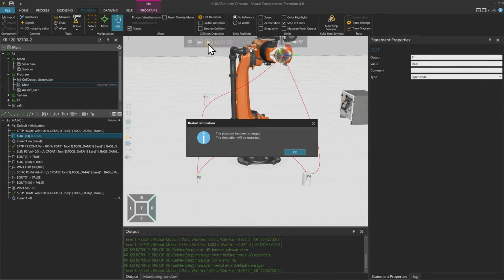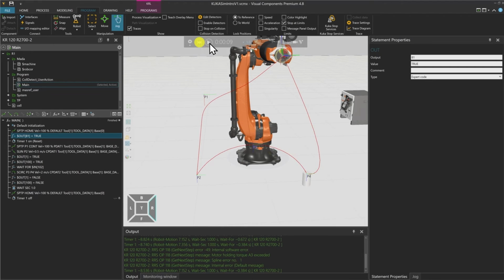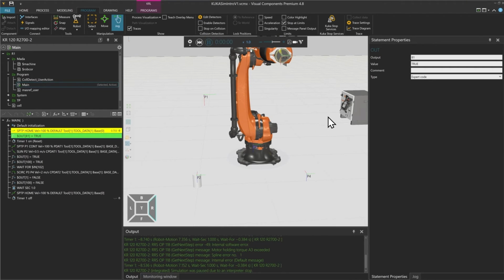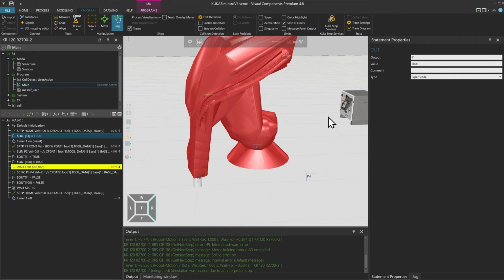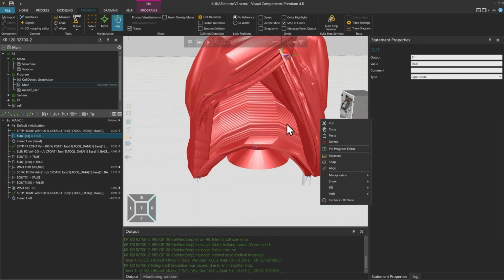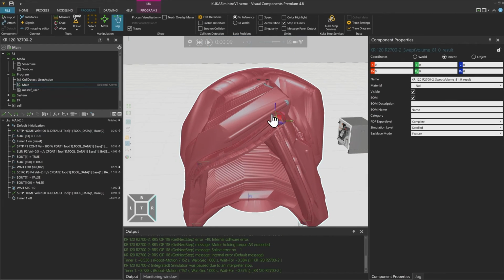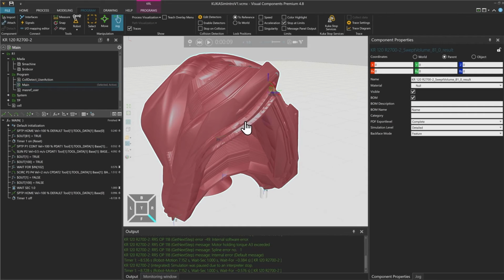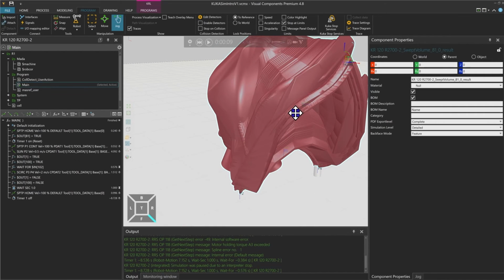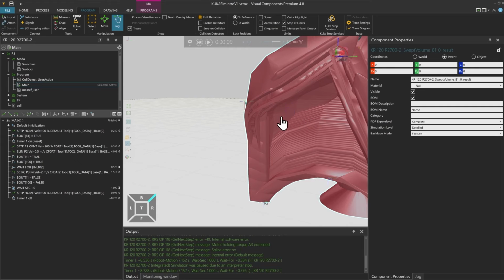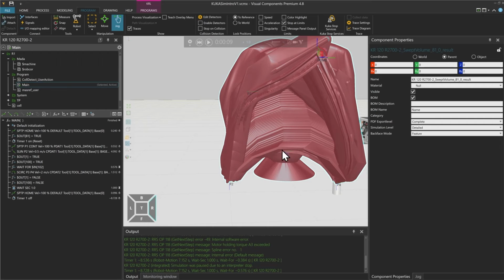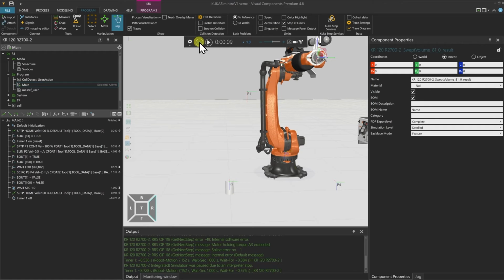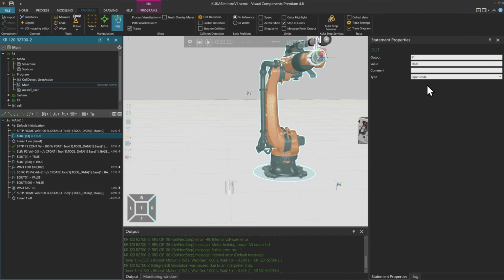And you will see that it has to restart the simulation. And now if I press play, the robot will directly show you or visualize what volume it is using to actually fulfill your task. So you can see where there might be some collisions, where you can put objects or where better not. Let's set back the simulation and change the signal back to 17.